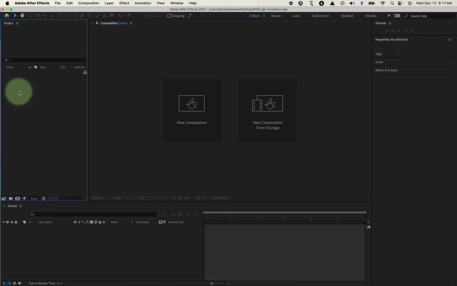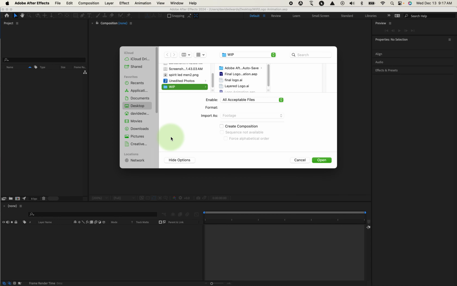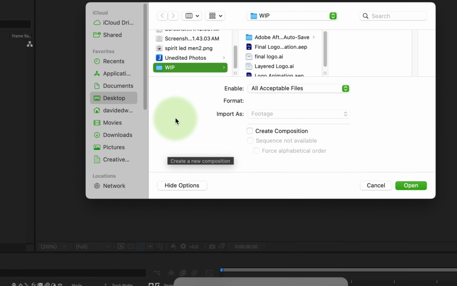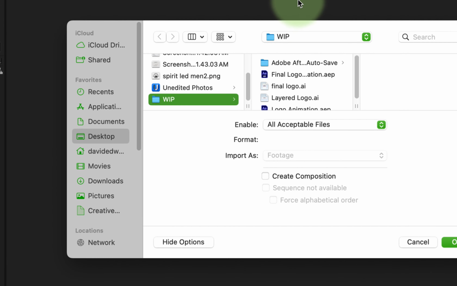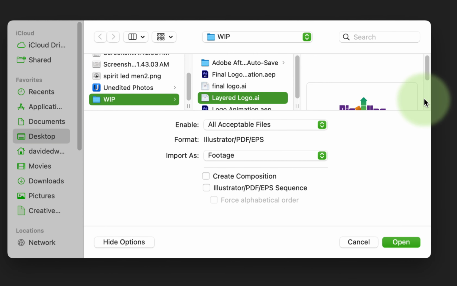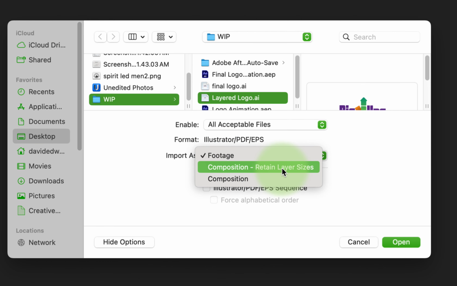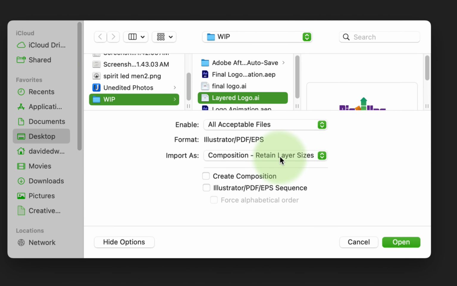And now I'm ready to import. So I'm going to right click inside of the project panel. There's the project panel. I'm going to come to Import File. And on this screen, there are a couple of different things I need to pay attention to. We're going to come to our layered logo, which is the one I made. And I need to make sure I change Import As to Composition, Retain Layer Sizes. So that's the important thing. I hit open,